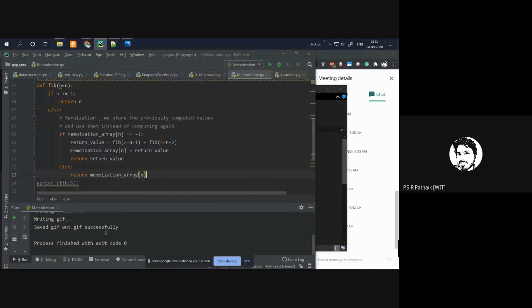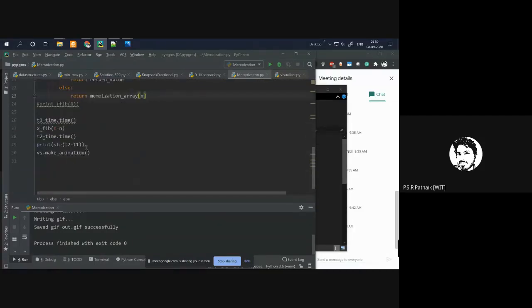Okay, this is what we exactly do. I hope now you understood, by looking at the recursion tree, what exactly the difference is. You are able to find out the time-based difference as well as the difference in terms of the recursion tree as well.